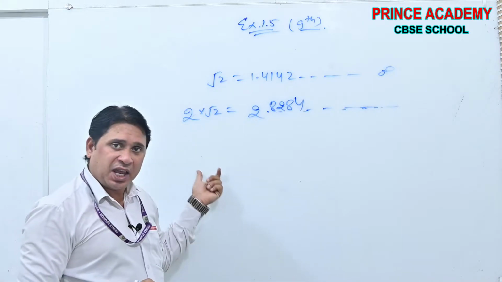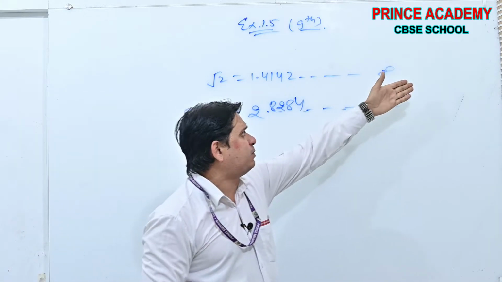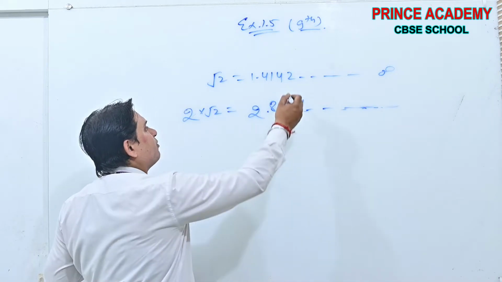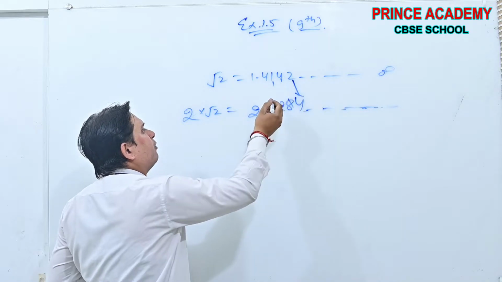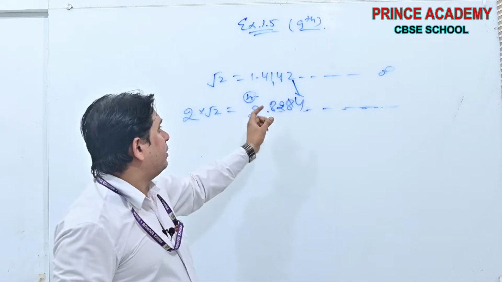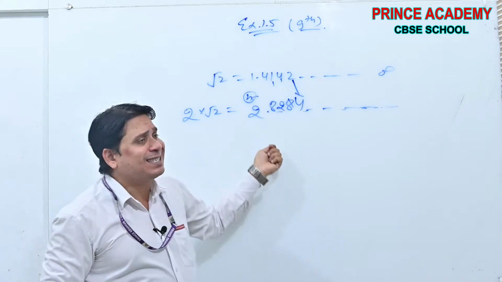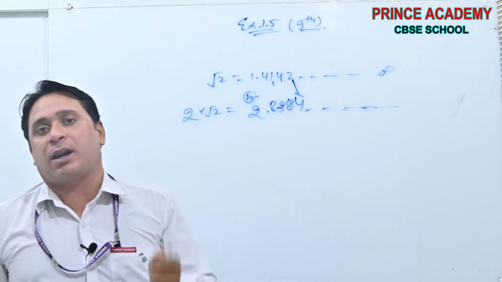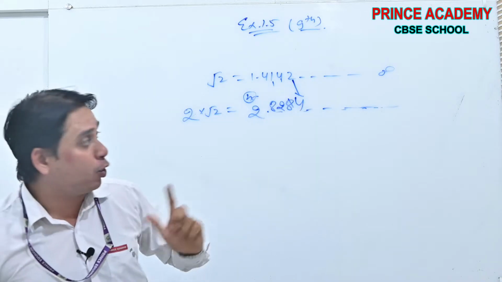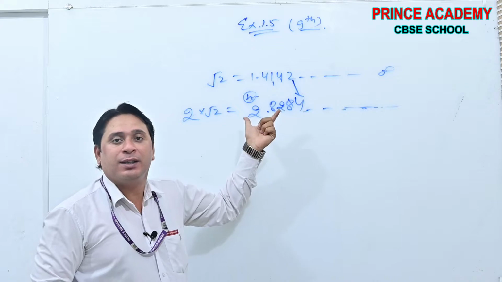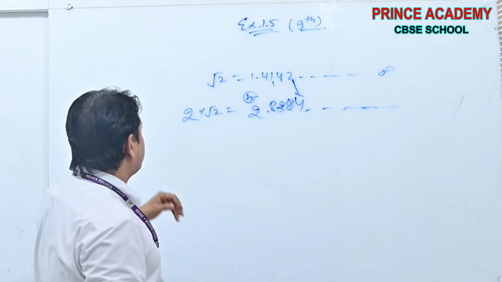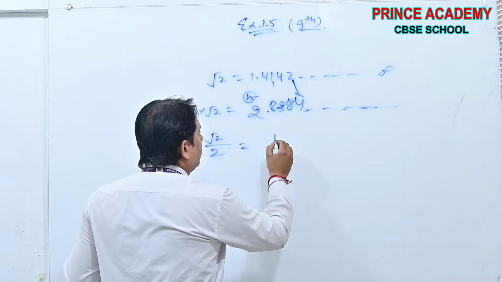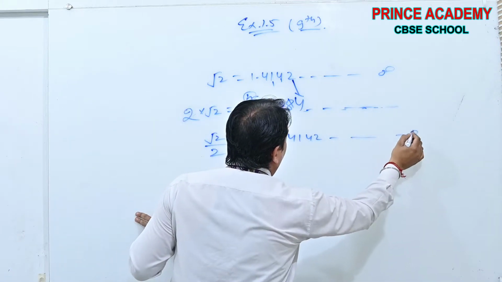If I was taking 3 here, the same condition will arise, because we don't know the last point from where we start to multiply. If we are assuming we start from here, you will get 1 carried here, it will be 4. But the main fact is that the collection of digits after the decimal expresses whether it is a rational or an irrational number. Here, what is this? This is irrational. Then suppose root 2 is divided by 2: 1.4142 and so on up to infinite, divided by 2.